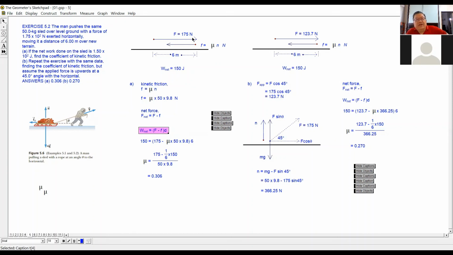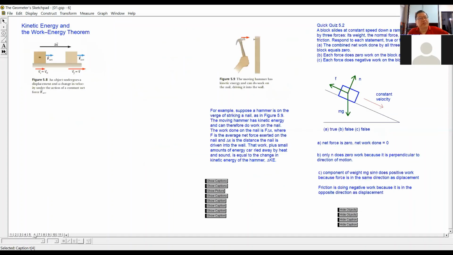If it fully goes to overcome the friction, then this will be 175, this is 175, they balance one another. All the work done is absorbed by the frictional force. But now it seems that our force is bigger than the frictional force. So there is that extra force there. And this extra force, called the net force, does some work called the net work done. Then the question is, this net work done, can we see the result? Where does it go to? So come